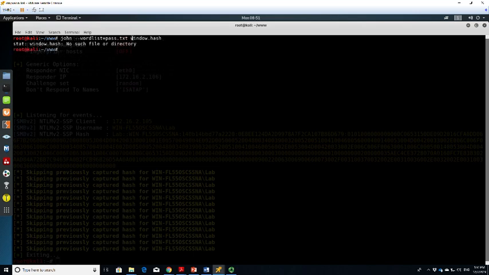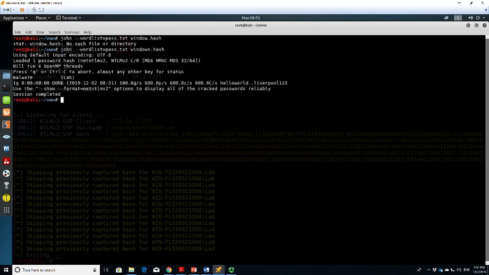John is saying, and you can see John is saying one password hash loaded. It identifies it as NTLM, and it says the password has been cracked and the password is malware. So as you can see from the password list, it's saying options disable or crack password. So you can do show to show all the passwords, but you can see it's cracked the password to be